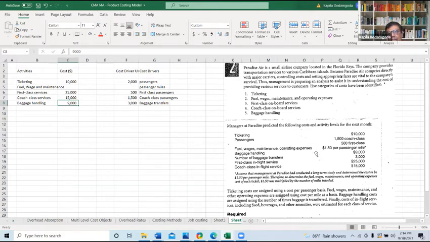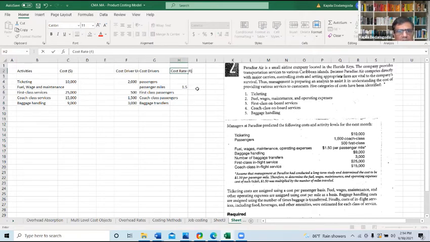So this is like using a regression method or something like that over a long period: what is the mileage traveled and how much is the cost? So they have analyzed it together. And after analyzing that, they have come up with an equation to say that approximately the fuel, wage and maintenance cost will be 1.5 per passenger mile. We can say that cost rate in dollars, right? So this will be 1.5 per passenger mile. This is the information which is given to us.